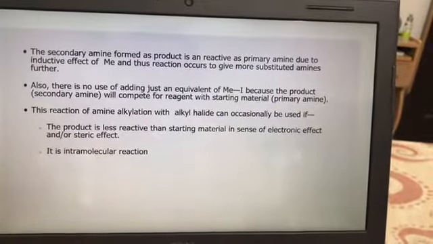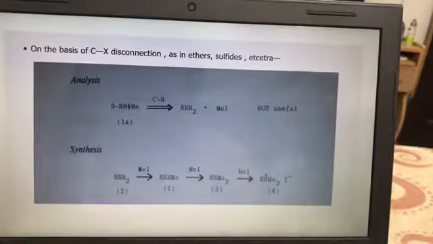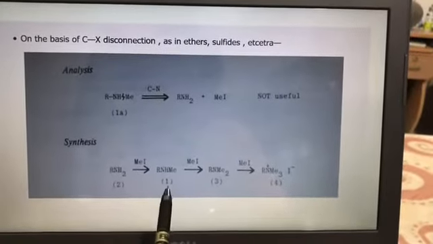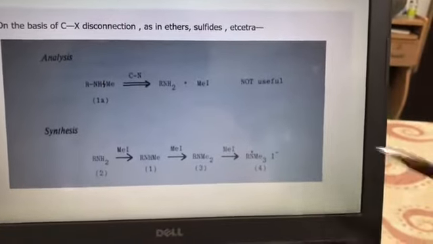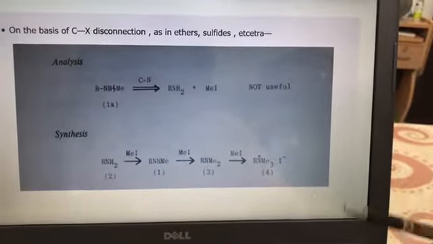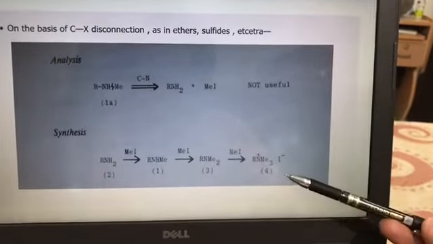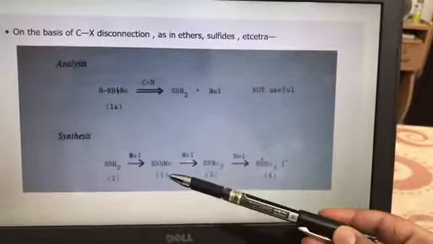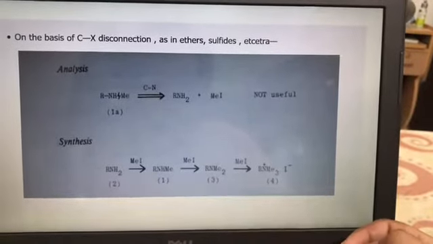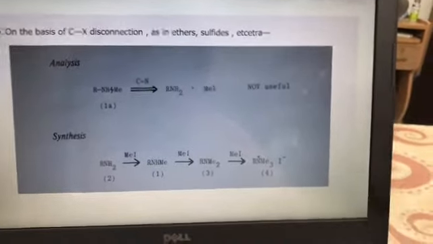The thing is that this method doesn't stop at this step. It keeps going until it gives the quaternary amine, but we don't need that. We only need a one step amination that can give a 2 degree amine or 1 degree amine,